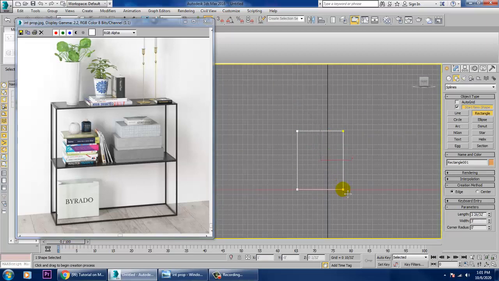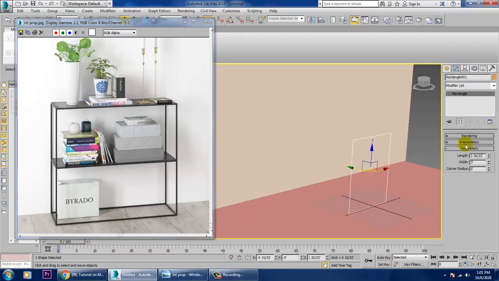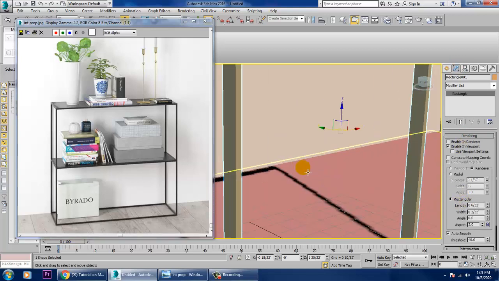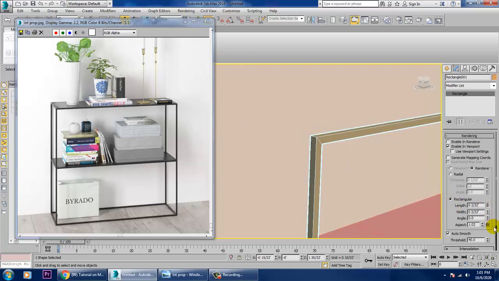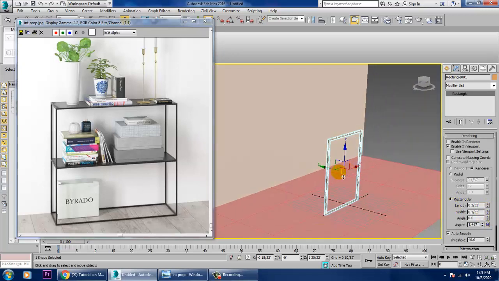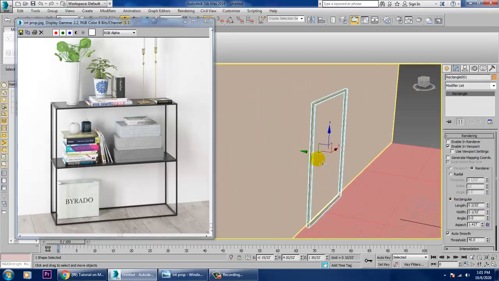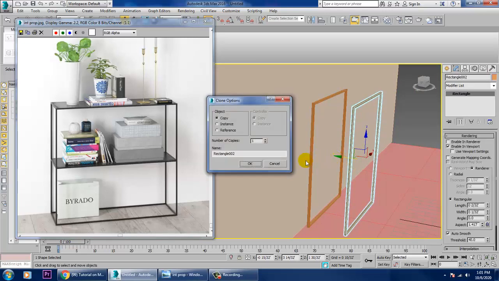After taking it, go into the rectangle, enable in viewport and make it rectangular. Let's reduce its width and drag this over here. After that, press shift and duplicate that part in this way.